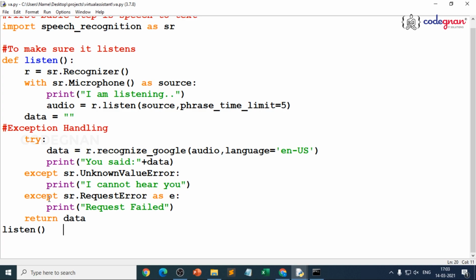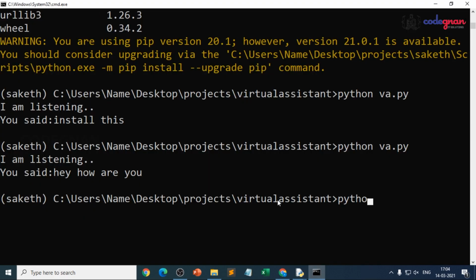Then we'll understand how it will start speaking with us when we use gTTS. Along with that, we'll understand how it will tell us the time and how it will open the browser for us. We'll do all those things, but first we should understand how we use this speech recognition. Whatever voice we gave, it gave as text. You can give anything here. Again, execute this. You give Python